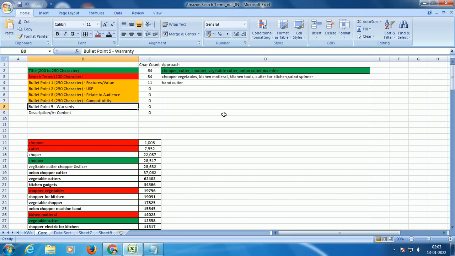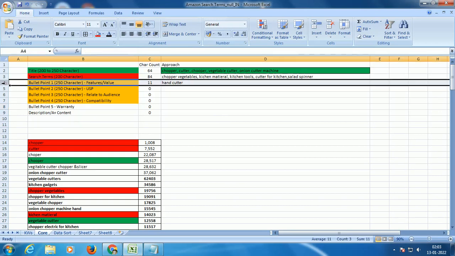Now here is how I generally structure my bullet points. The first bullet point always speaks about value, right? What are your features? What is the value that you're adding to your customer? Customers are opening up a listing to buy something, right? You need to build value and deliver value. So my first bullet point always speaks about product features and also the value, right?